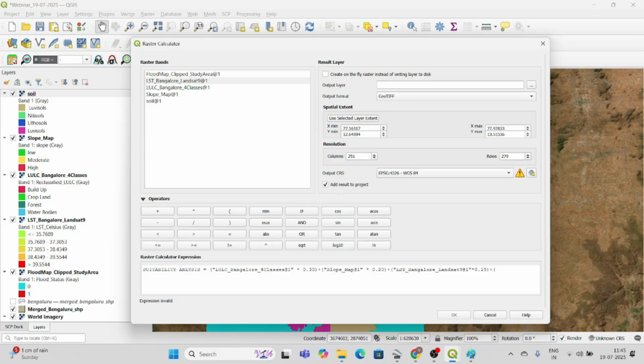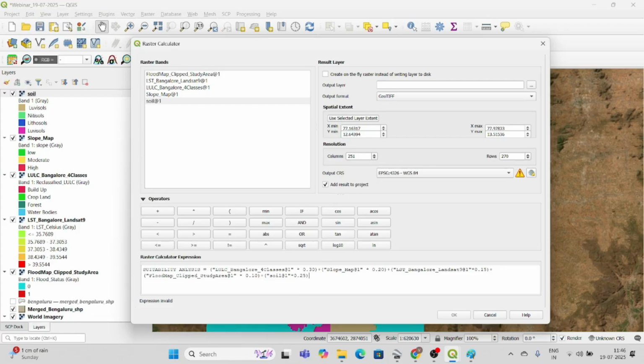Go and see so many papers, where they give the reason why they had given the particular ranking for each and every one. Next is flood. I'm giving flood multiply 0.10. Next plus, which I had missed, soil multiply 0.25.